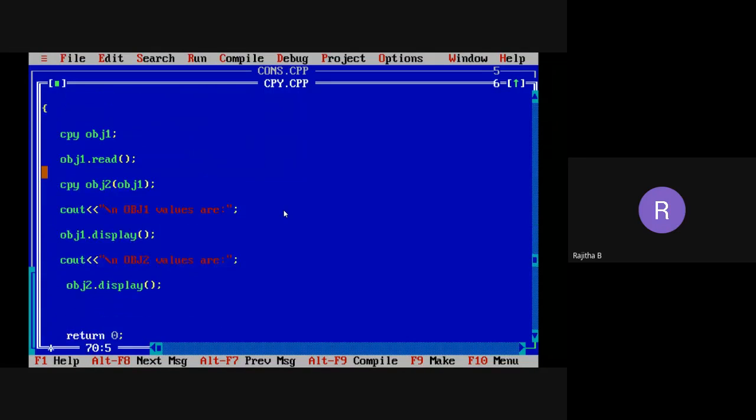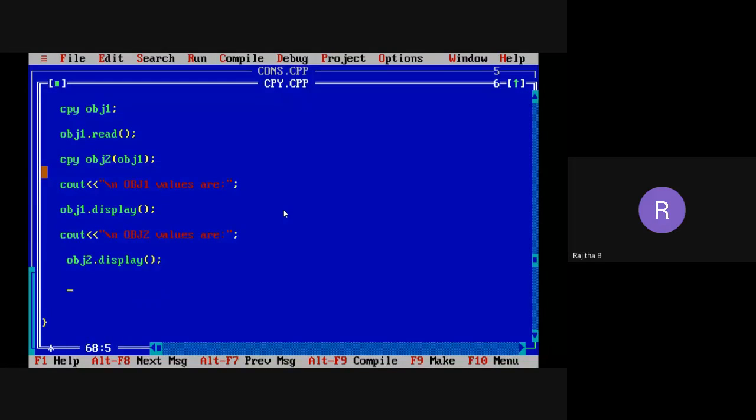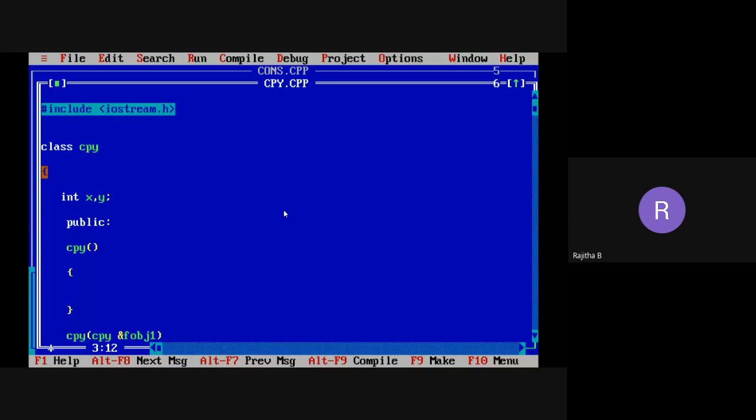So these are the differences between the present compilers and the old compilers. Here you need to take getch. When you are taking getch, you need to include one more header file, that is hash include. What is the header file for getch? Conio.h. Yes, good.